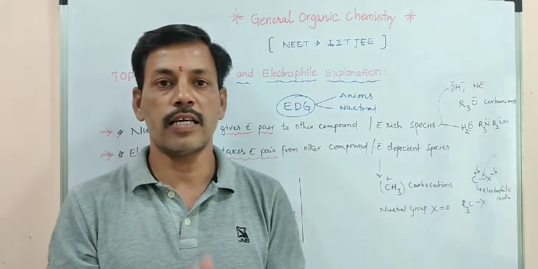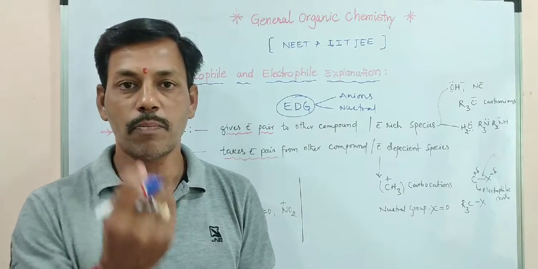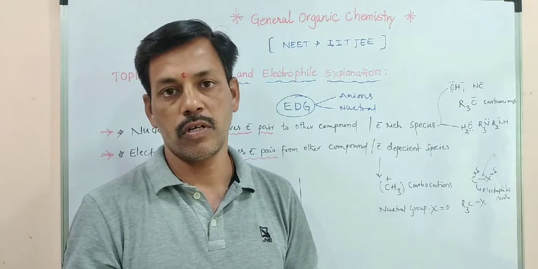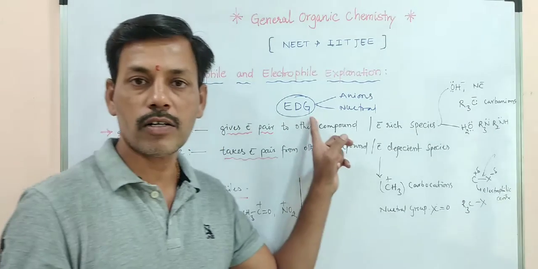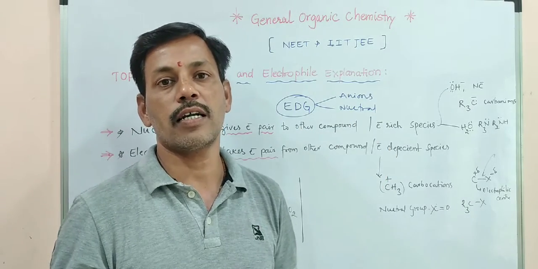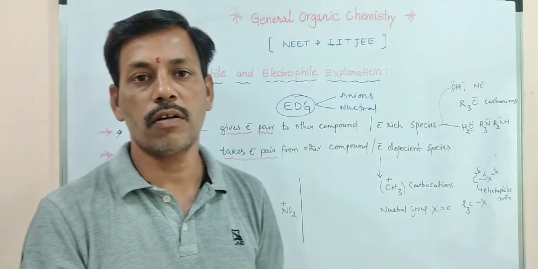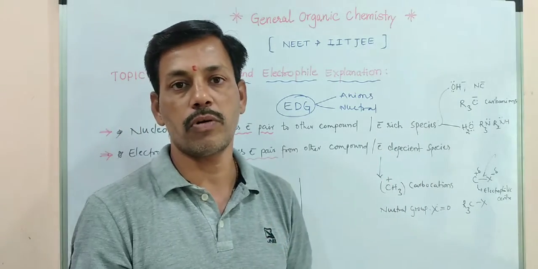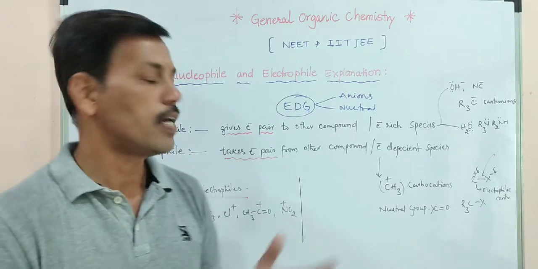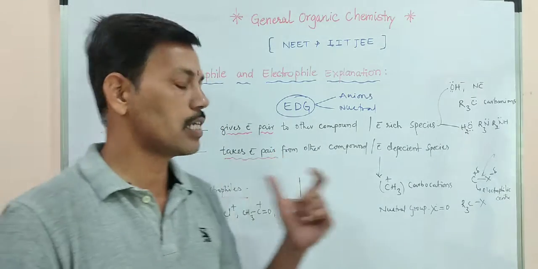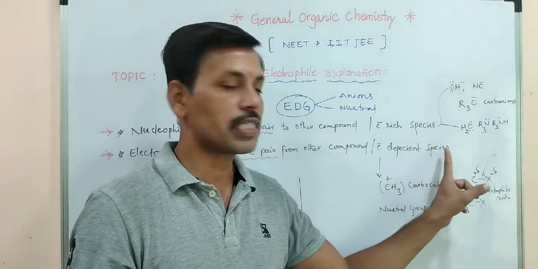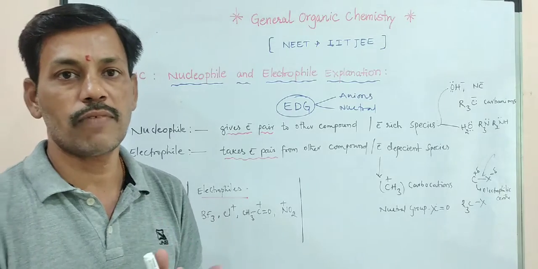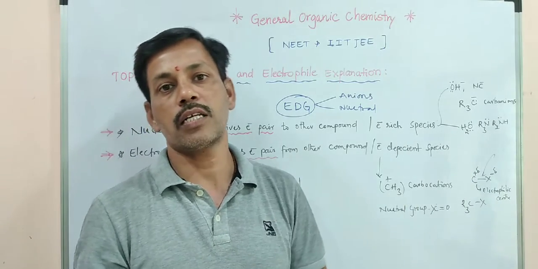Now secondly, if you come to electrophiles, what do you mean by electrophile? An electrophile is an electron accepting group. It means it takes an electron pair from other compounds. Nucleophile is donating an electron pair, but electrophile is electron deficient. Due to being electron deficient, it accepts electrons from other species or compounds. Such species are called electrophiles. These electrophiles are electron deficient species, so due to this deficiency, it will take electrons from other substituents.